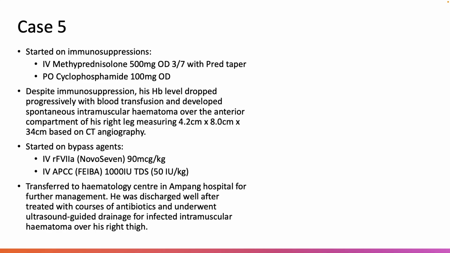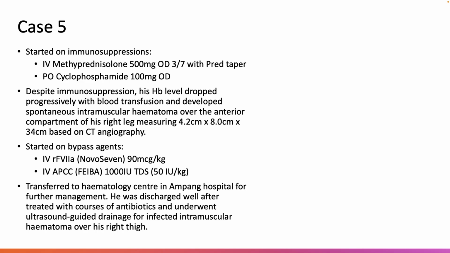He was started on immunosuppression with pulse methylprednisolone and subsequently tapered with prednisolone. He was also started on cyclophosphamide together. However, despite immunosuppression, his hemoglobin levels still persistently dropped and he required almost daily transfusion. The unfortunate thing is that the left groin had already sustained a big hematoma. Now, the right groin also sustained a spontaneous hematoma